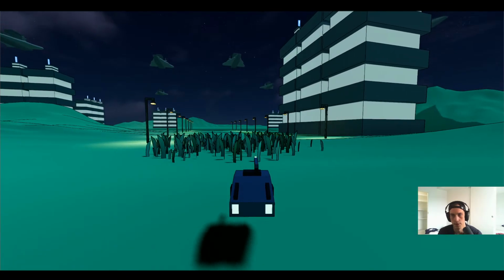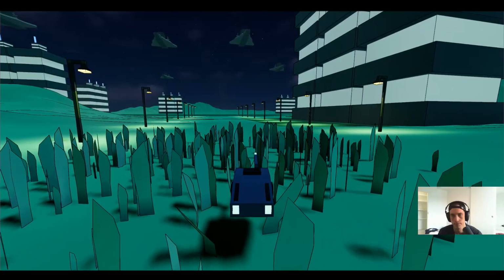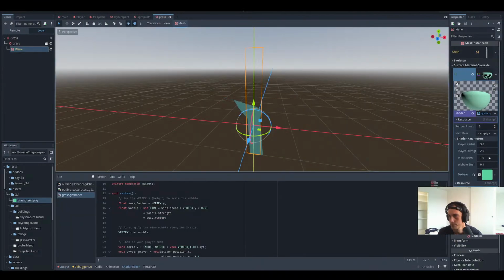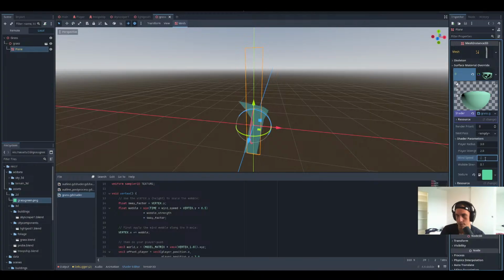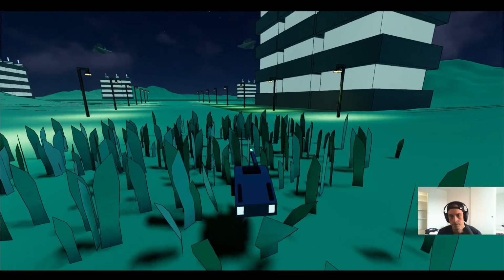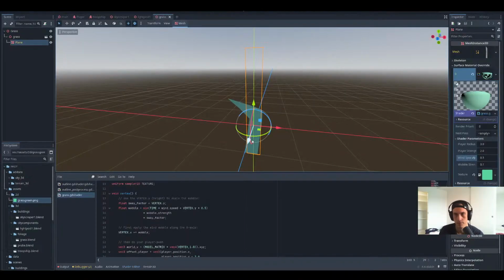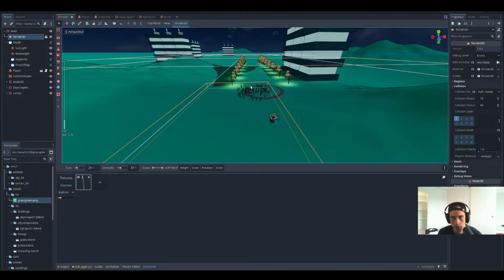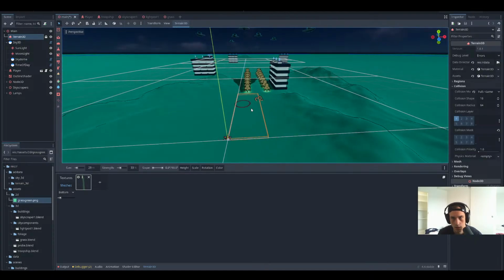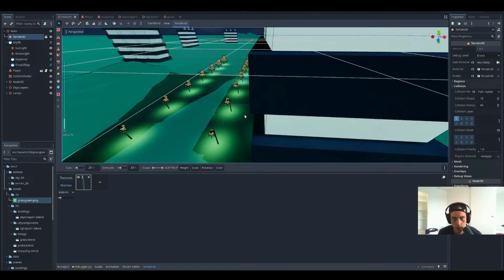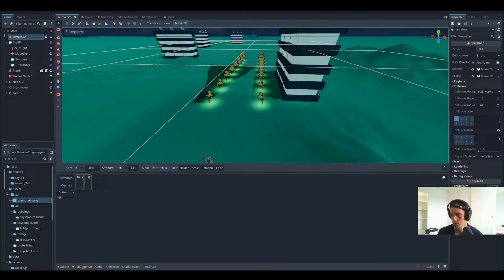Okay, then it's a little less noticeable at least. Okay, now we go back to here. We go back to our Terrain 3D. On this,